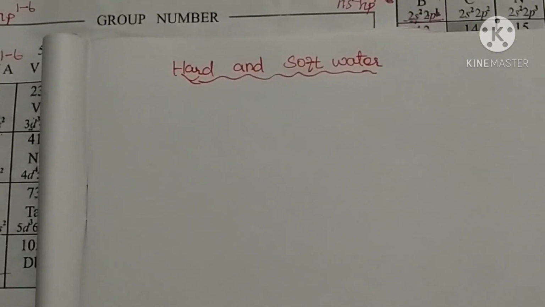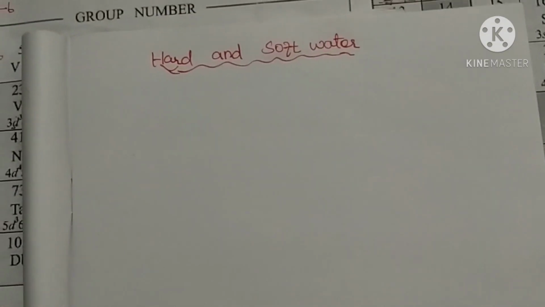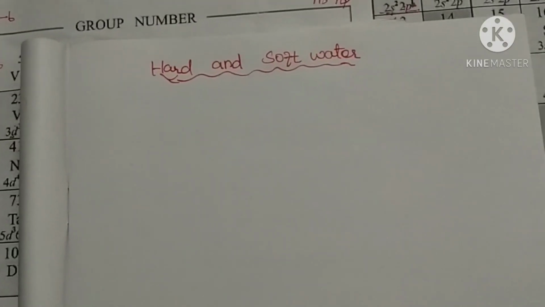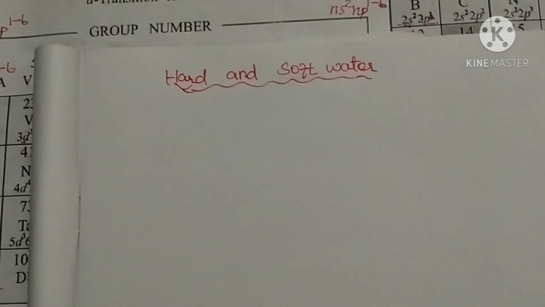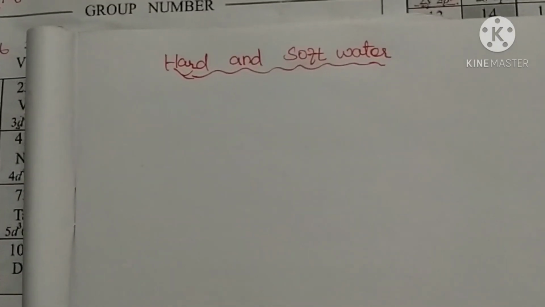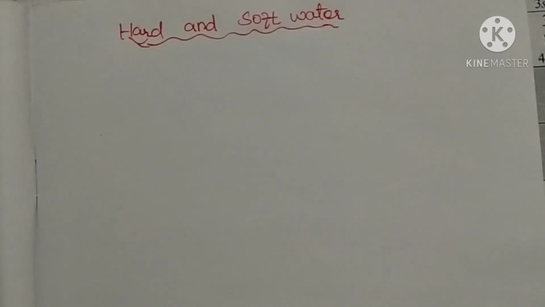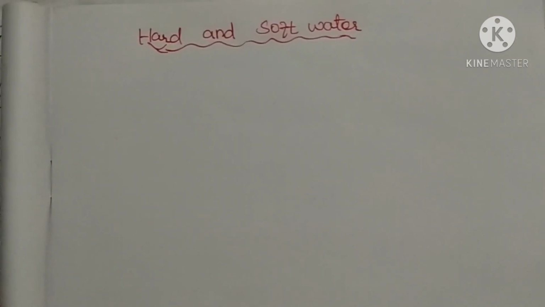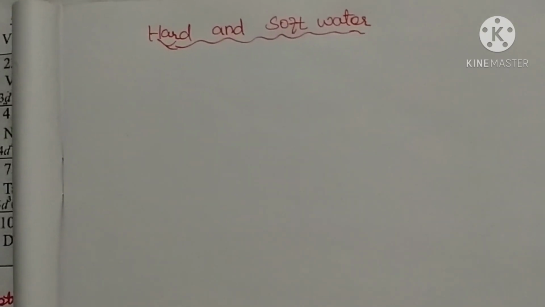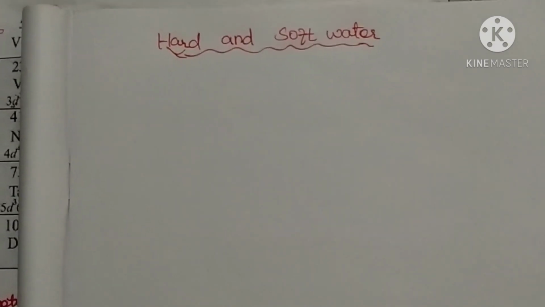Soft water is what we use in daily life; most of the water is soft water, and it can produce more bubbles and more froth of soap, detergent, and the liquids we use for cleaning or any kind of purpose. Hard water means water that contains a high amount of mineral ions, that is, some cations which are soluble in that particular water.